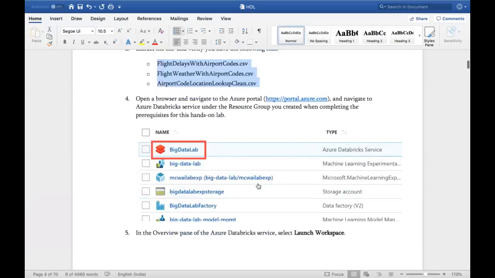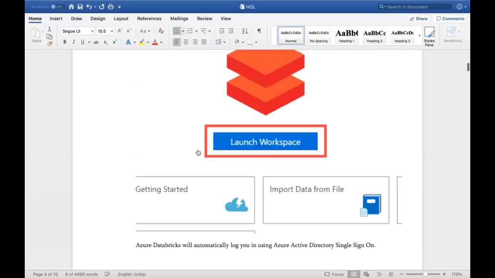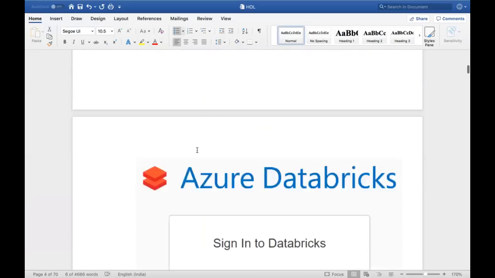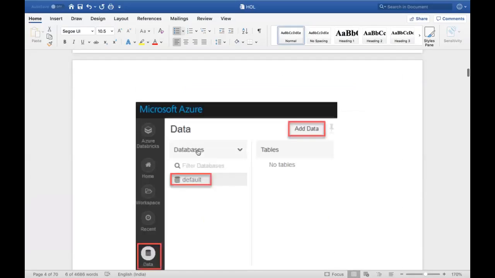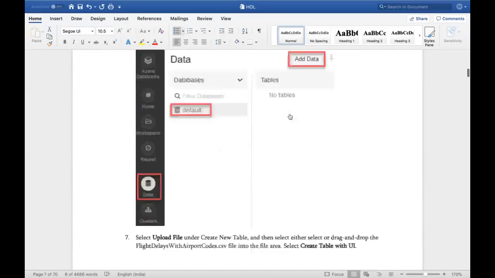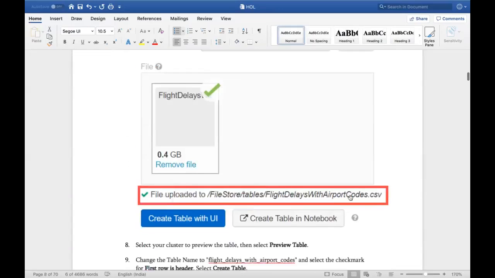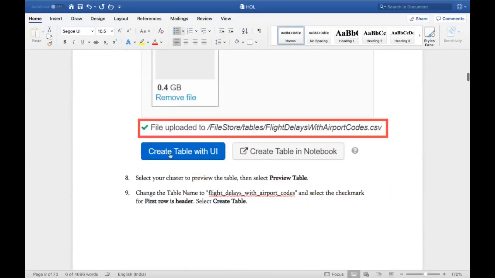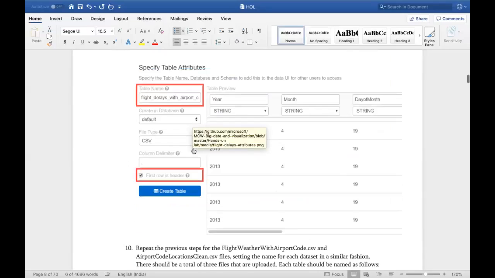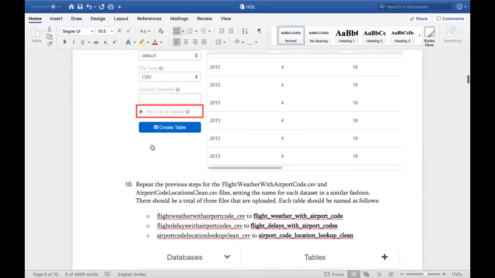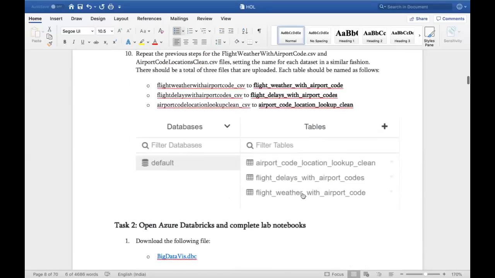See here, I went to the Databricks account and I've clearly documented this also, don't worry about it. I went to sign in options. I went to default add data and uploaded my file, which is around 400 MB. This is the flight delays with airport codes. And I clicked on create table with UI. So this is what we did last time, right? When we went through the Databricks use case scenarios, we did this concept. I made the first row the header so that I'll have header values here and all our strings here. Okay. So I said create table. The same way I created for everything. So I could see 3 tables getting created.